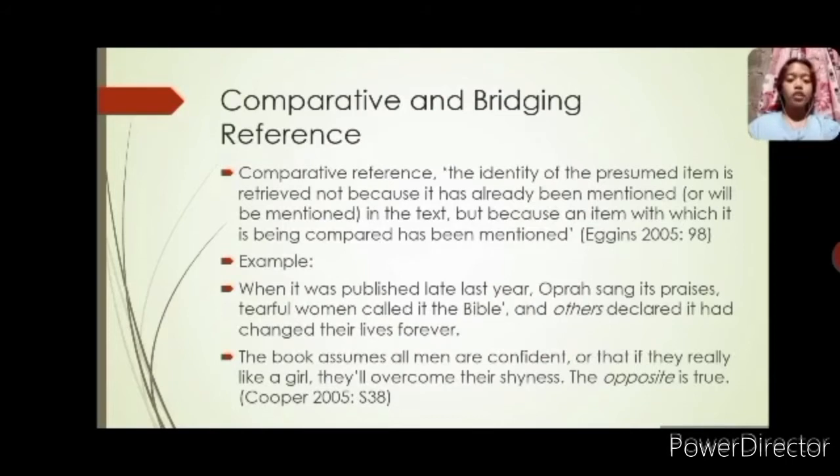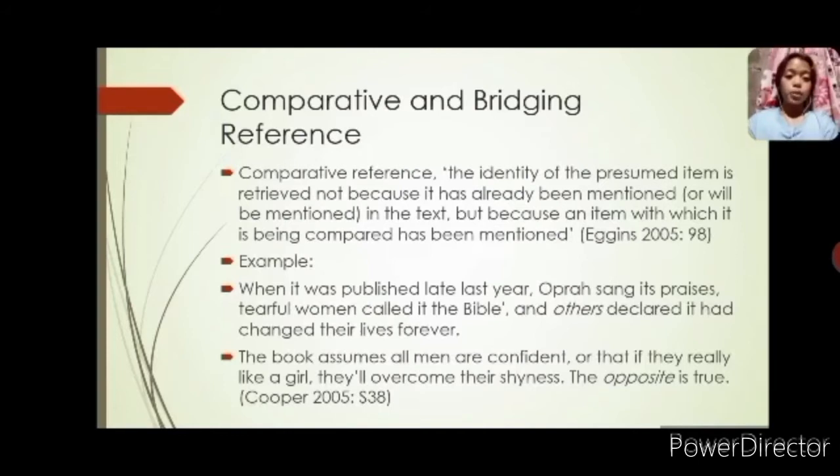Comparative and bridging reference. Comparative reference: the identity of the presumed item is retrieved not because it has already been mentioned or will be mentioned in the text, but because an item to which it is being compared has been mentioned. So for the first example, the others is the comparative reference for